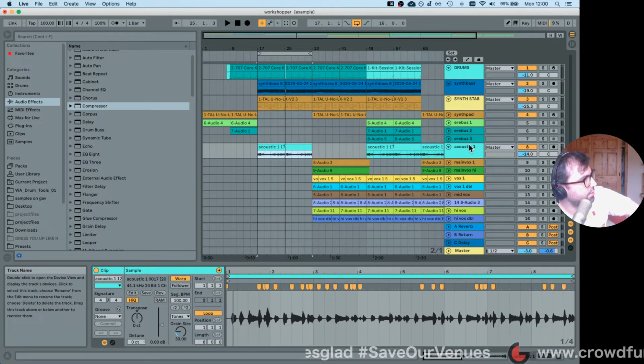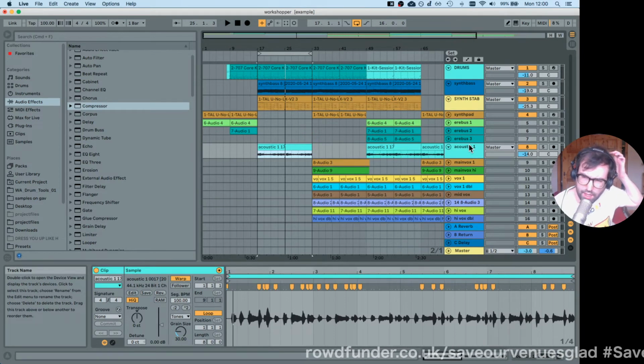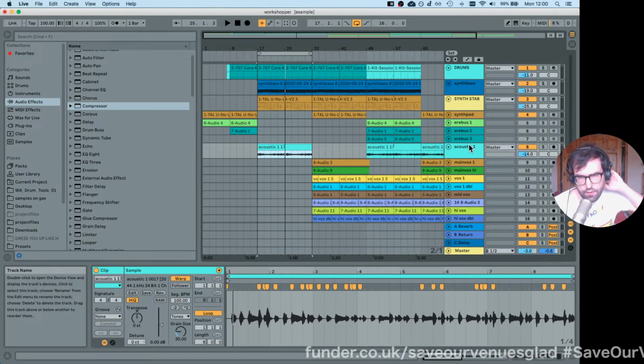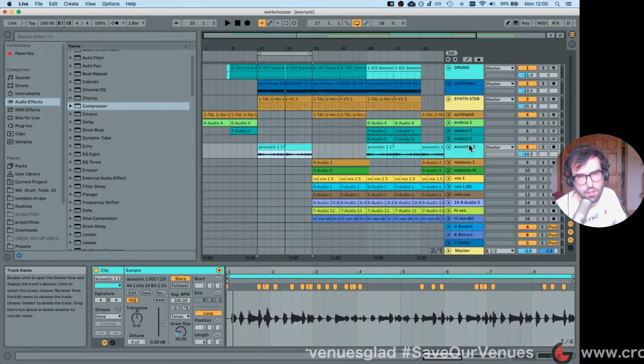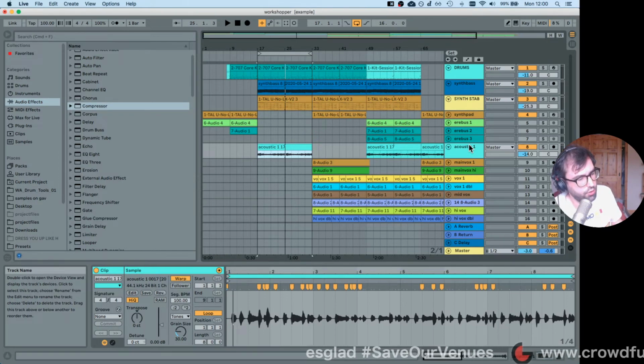Joe was asking what order I would use EQ, compression, and reverb. Usually, I would put EQ before compression. Sometimes you can actually do both. Compression, although it affects volume, can have an effect on the frequency ranges as well. So sometimes people put EQ after compression in order to even out things that it's done. But generally, I would EQ and then compress, particularly because